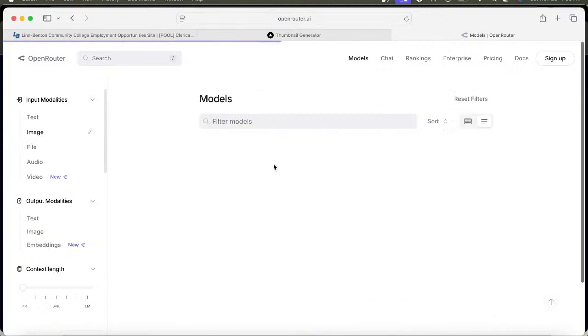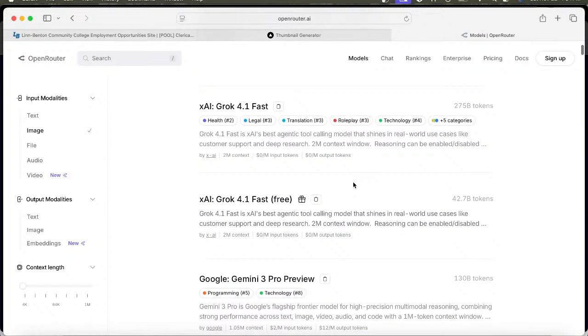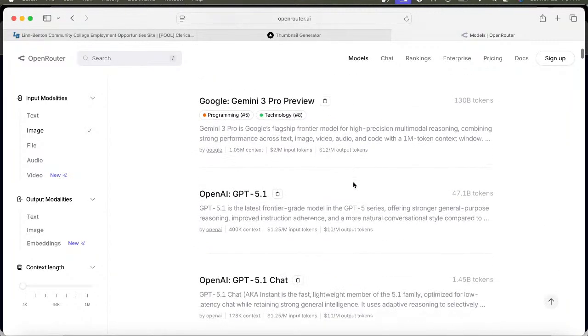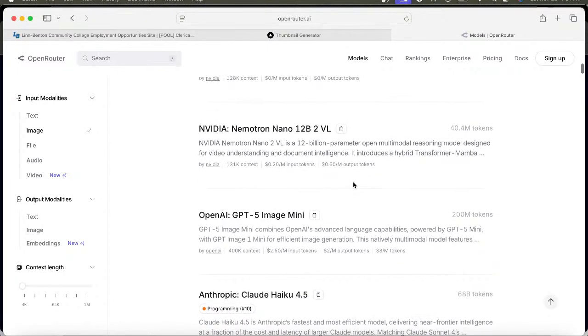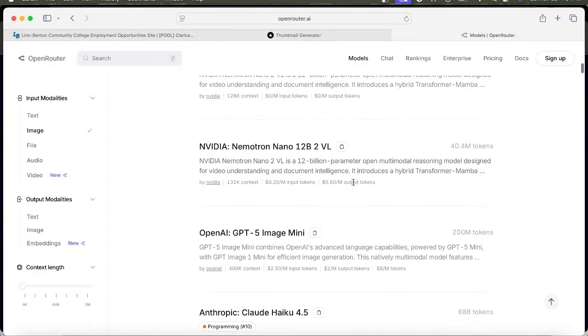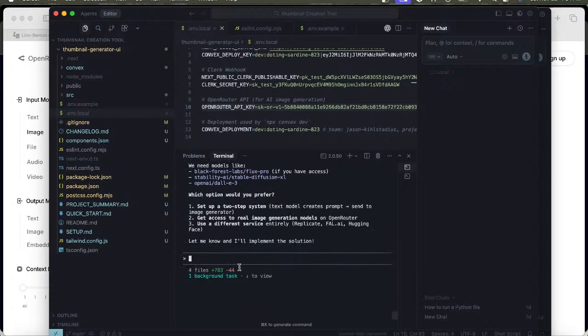OpenRouter, image. Only use, remove the option to select a model. Just use